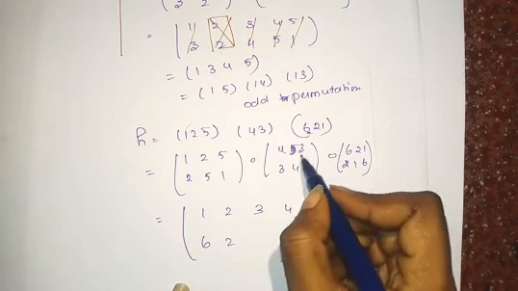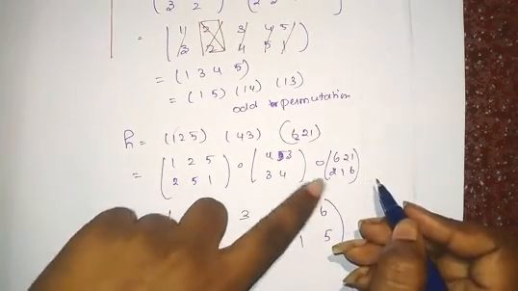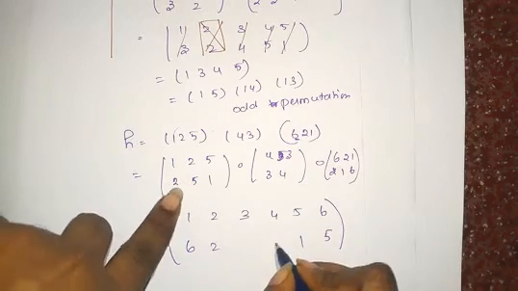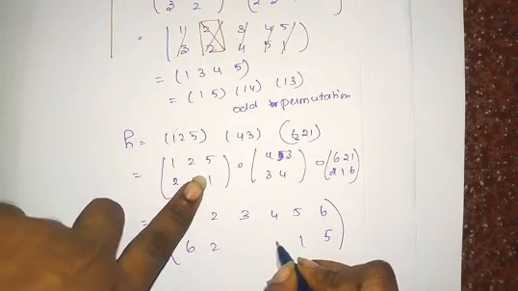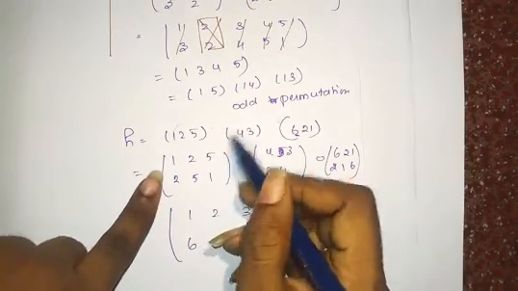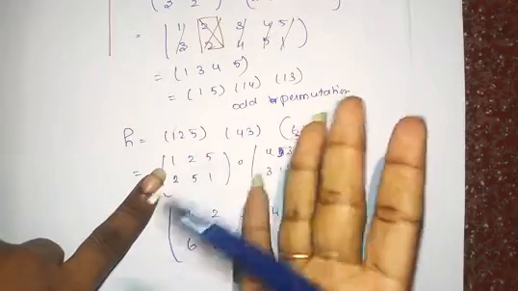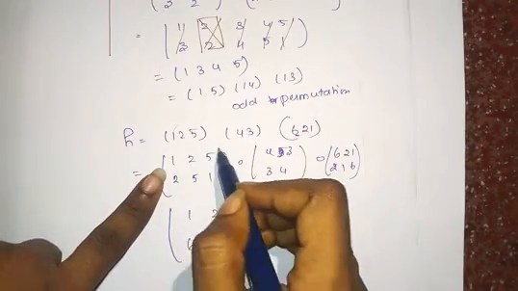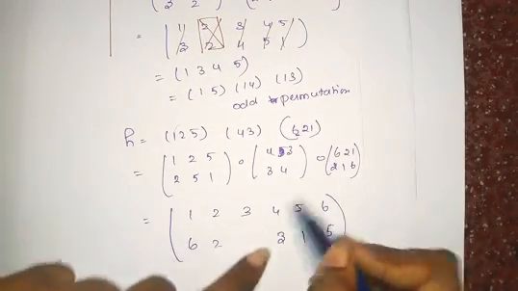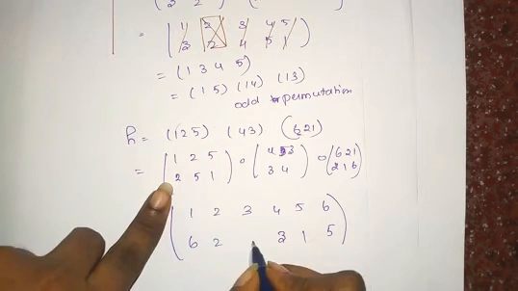There is no 5 here. 5 is mapped to 1. There is no 4 here. 4 is mapped to 3, and 3 is mapped to 3 itself here. What elements are missing in this permutation? They are identity mappings: 3, 4, 6 are mapped to 3, 4, 6 itself. For 3, 3 is mapped to 4. There is no 4 here, so 4.